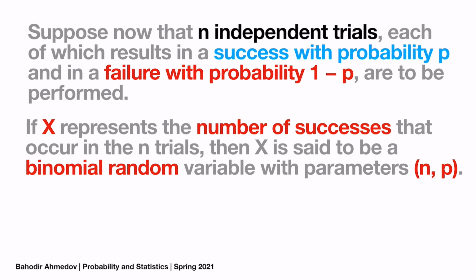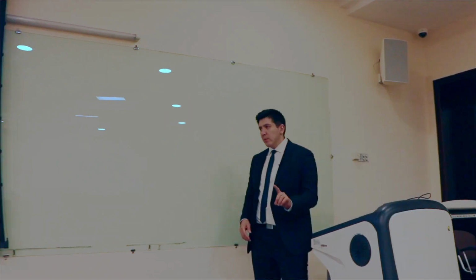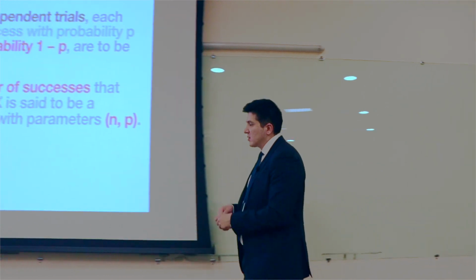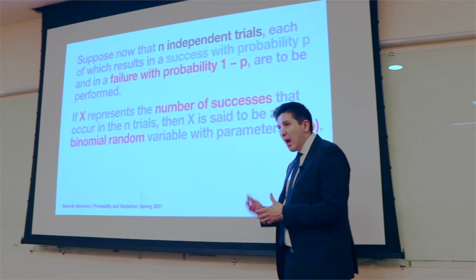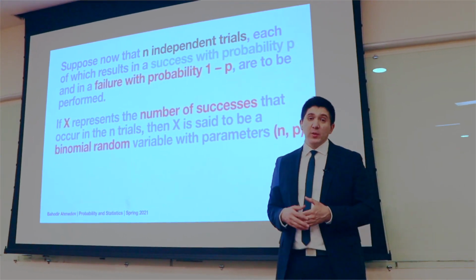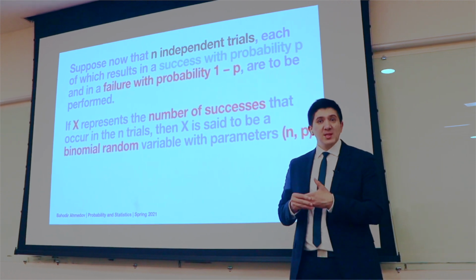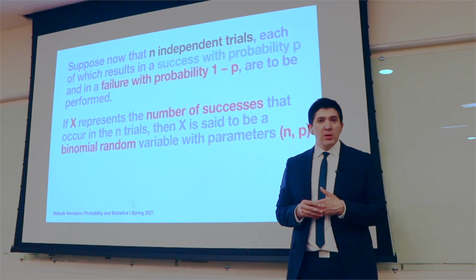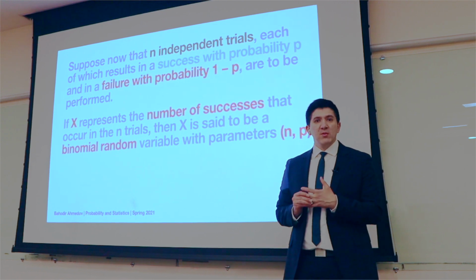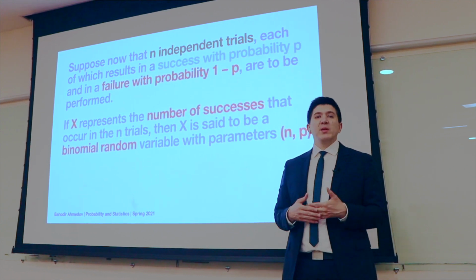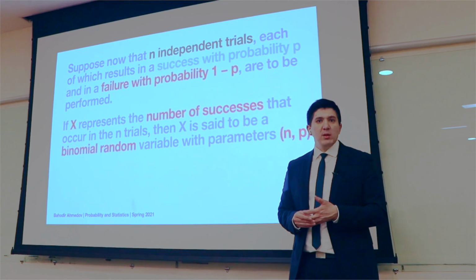Suppose that now we are going to do n independent Bernoulli trials where each result is going to be either a success or a failure, and the probability of success is p, and the probability of failure is 1 minus p. Do you remember in the beginning of the lecture, we considered an example where we counted the number of heads, or essentially the number of successful trials, right? So this is a very important random variable, when we count the number of successful trials,